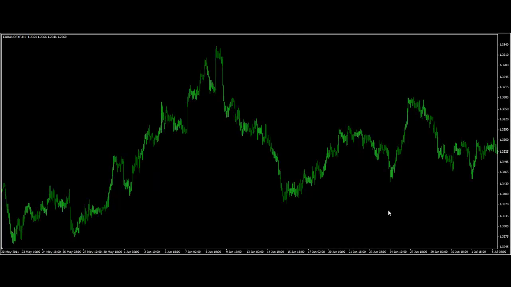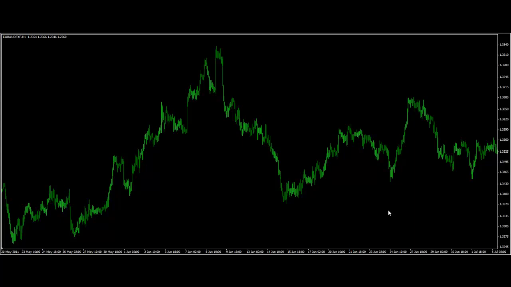Alright folks, we're going to look at a few price patterns in here. This example will allow me to show a wide assortment of price patterns. And this pair is actually the Euro Australian, and it's a pair I don't trade that much. I have traded it, but I don't trade it that much. To me, it's an exotic. But